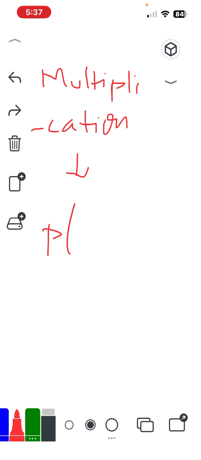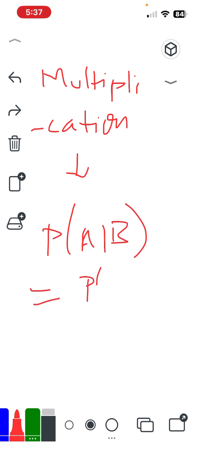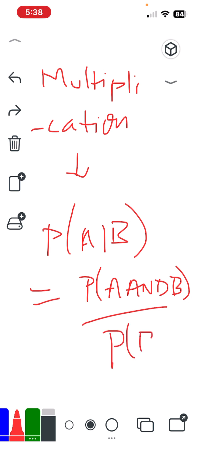P(A|B) will be P(A and B) over P(B). Okay, so P(A|B) equals P(A and B) divided by P(B), which basically means if you're trying to figure